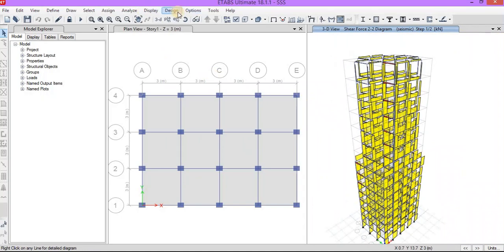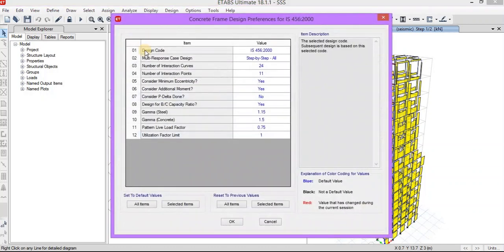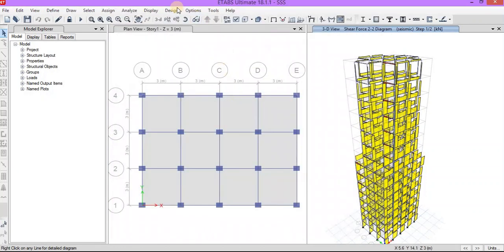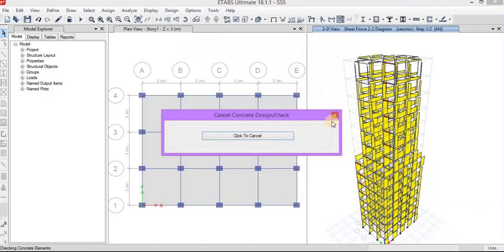Now we will be designing. So go to concrete frame design, view revise preferences. The code which we have selected is Indian code as per IS 456 concrete design. Click on OK. Now again go to design, concrete frame design, and start design. We'll be checking. So let the ETABS check the